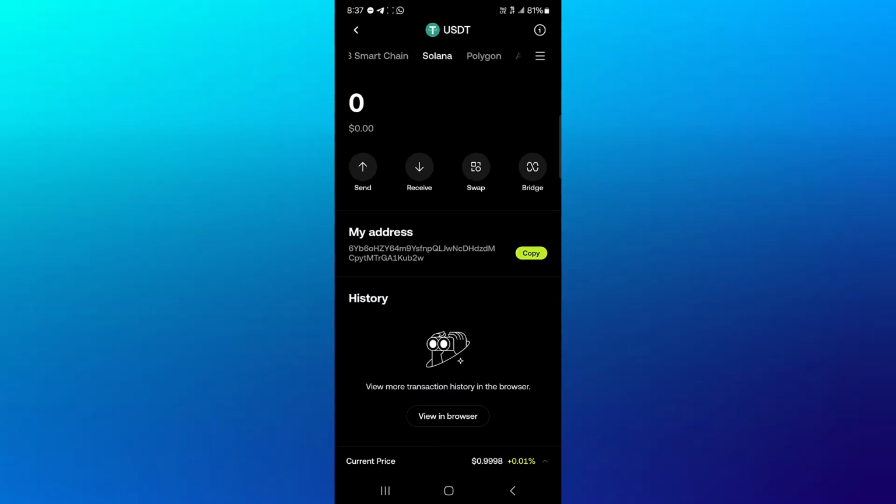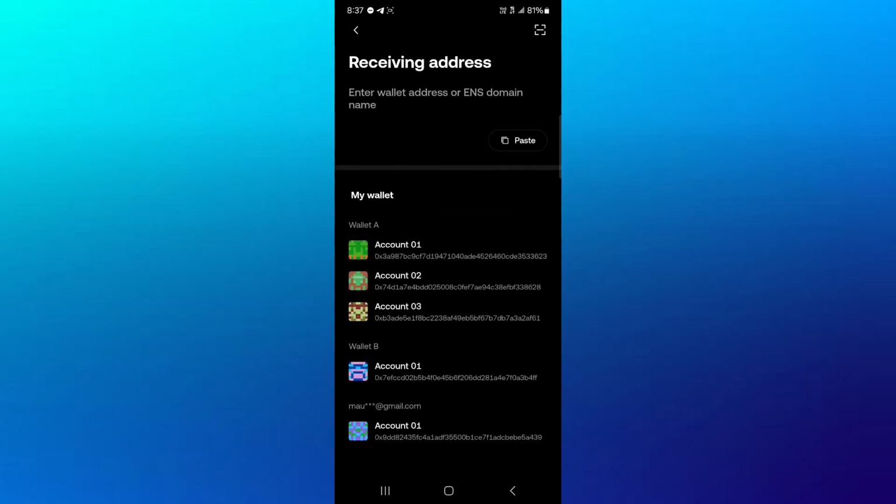Now, in this tutorial video, we're going to be sending the USDT on the Polygon network. All right. So once you've selected the Polygon network as the network you wish to use, make sure you have some of the Polygon network tokens to cover your gas fee or any transaction fees that you might incur. All right, with that said, click on the send option, and then you're going to be asked to provide a